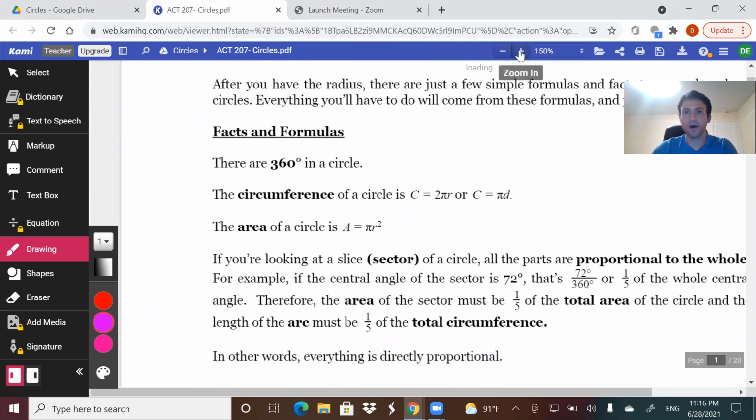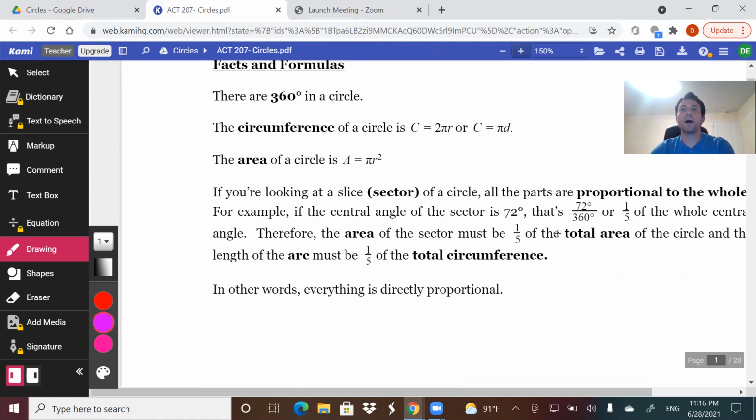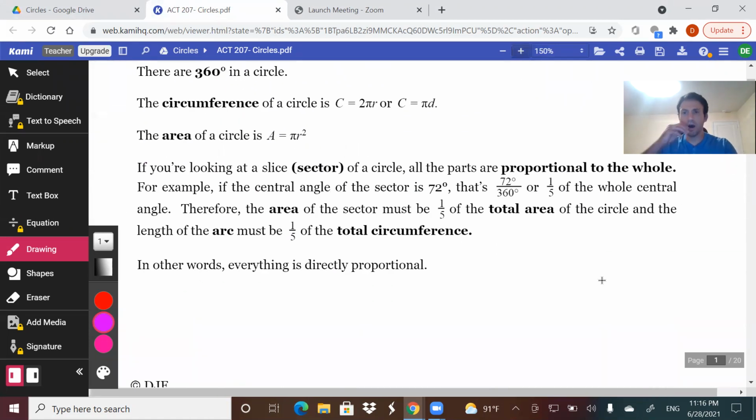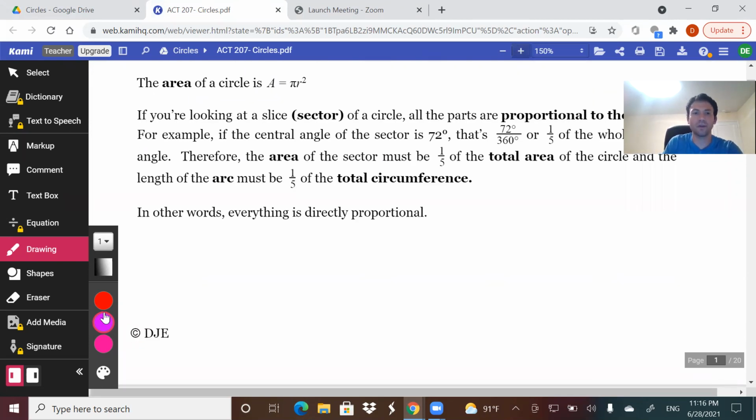We know circumference is 2 pi r, or pi d. We know how to get the area. A big part of circle problems is this concept. I'll show it right now, and then we'll see how it applies to the test. But often, you'll be given a circle, and you may be told, okay, we have an angle, and let's just say that our angle is whatever this is. So we don't know what the angle is. Let's say it wants us to figure out the angle. And they may say, hey, guess what? Our radius is 6, and